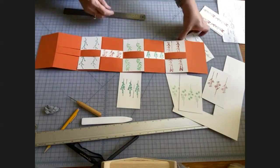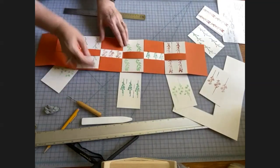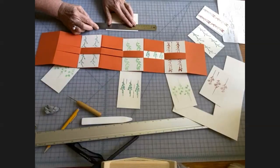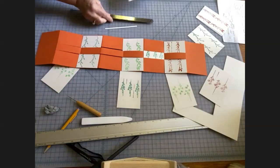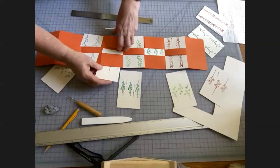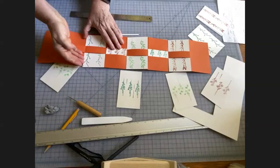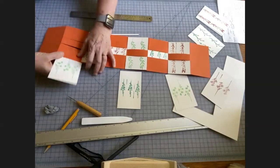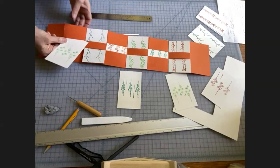Then you have one more. Okay, to cut this one too. I'm just showing you all the problems that you can run into after you do all of this. Okay, back in there, and this one goes out. This one is probably the last one, the most difficult to make, so to get in,